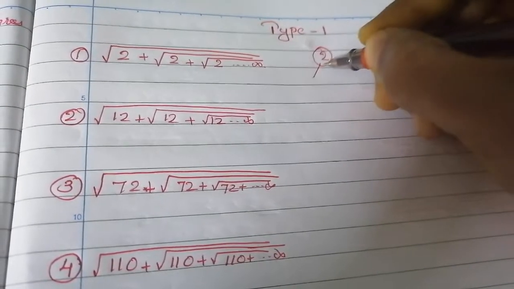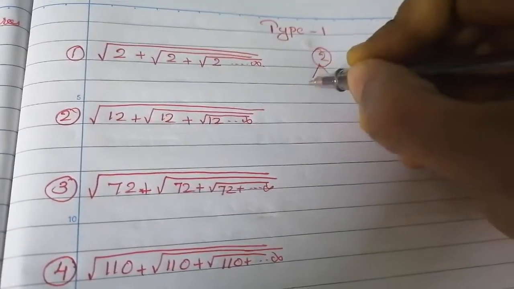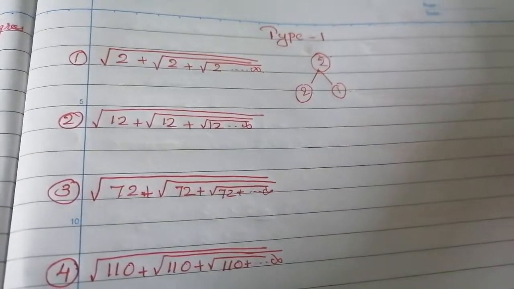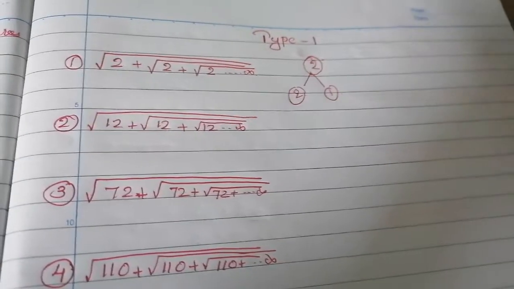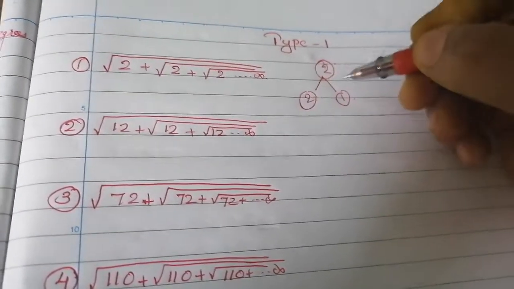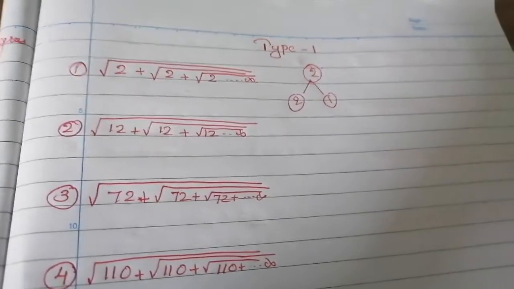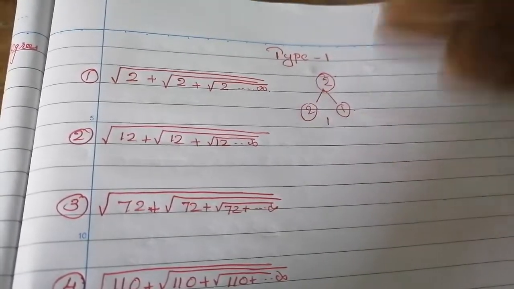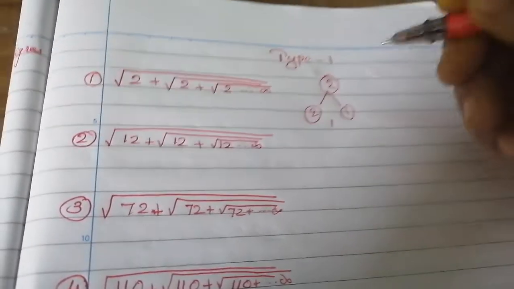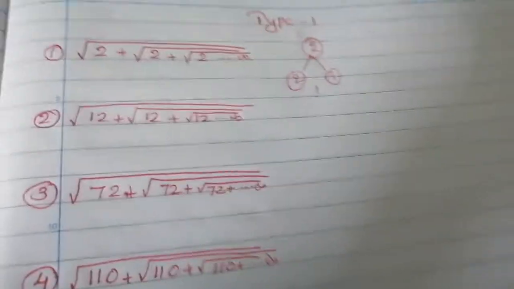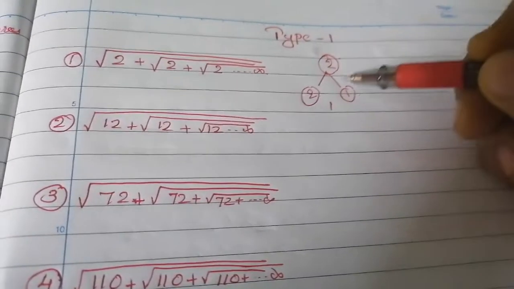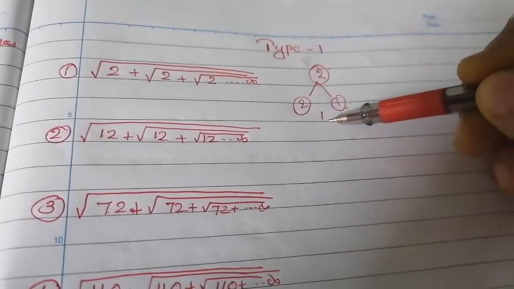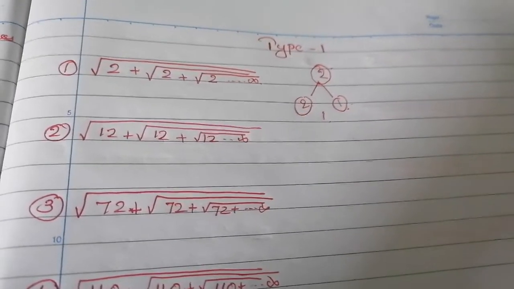So what are the multiples of 2? That is your first step: first you find the multiples of 2. After that, you check which multiples have a difference of 1, and you take those only. In this case, 2 has only one pair of multiples, that is 2 and 1. If we take the difference of 2 and 1, that is definitely 1. That is your second step.